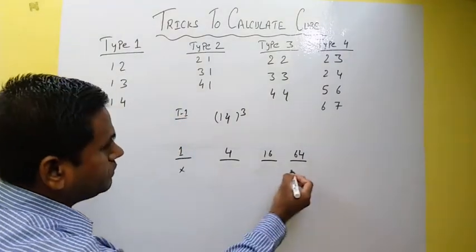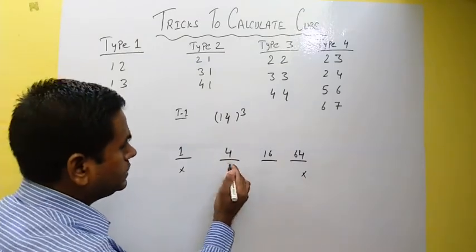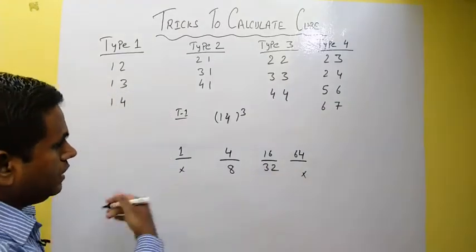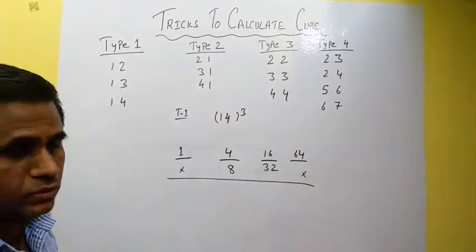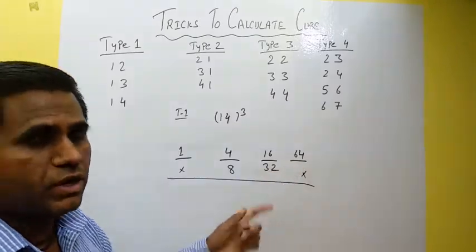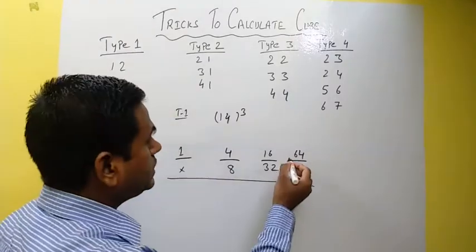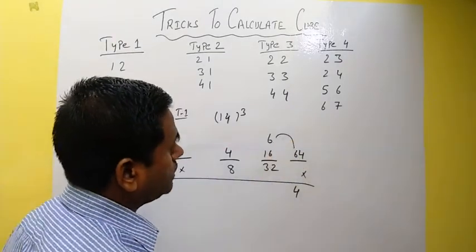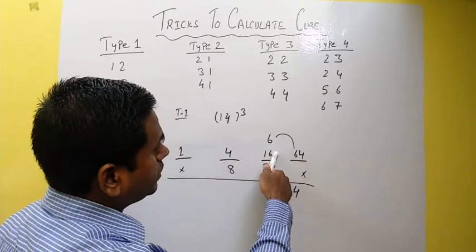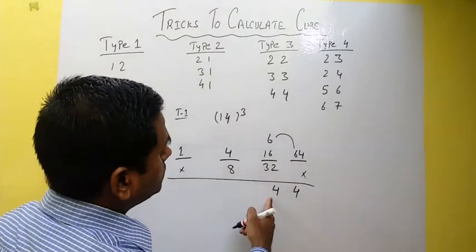Now leave the first and last digit. We will do the doubling of the digits here. So double of 4 is 8, double of 16 is 32. Let's do the addition. Last problem we were having one single digit here. Now here we have double digit, so we will not write double digit, we will take only single digit, 4. What about 6? 6 will go here as a carry forward. Now we can add. So 6 plus 6 12, 12 plus 2 14. So for 14 again we will write 4. 1 is carry forward.